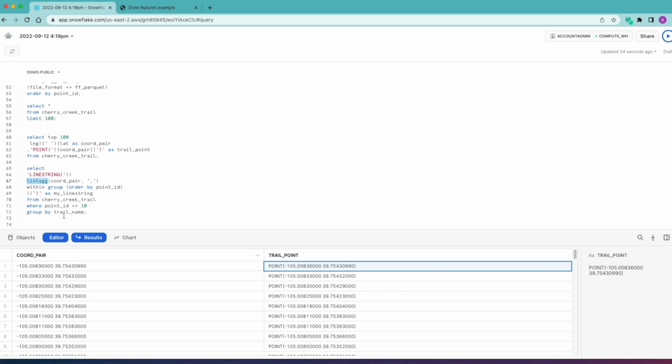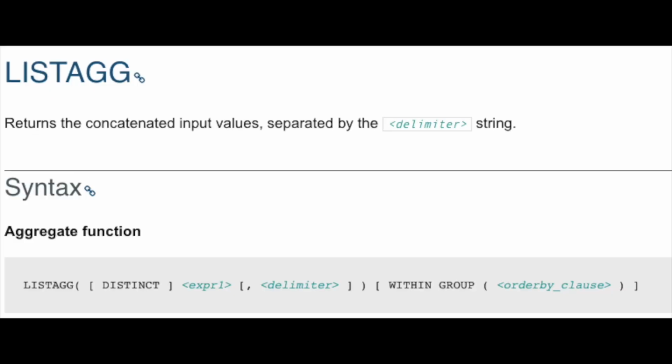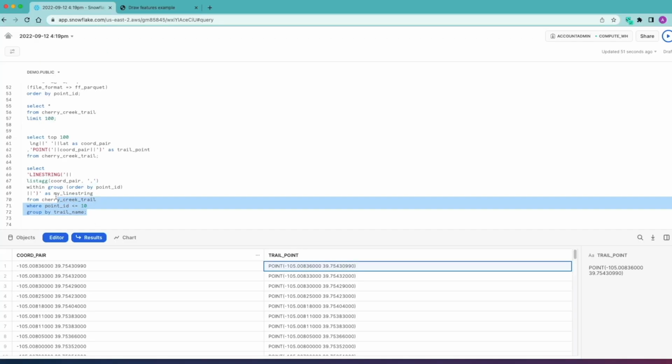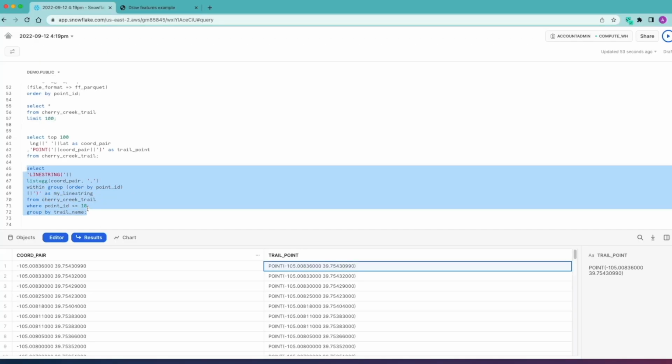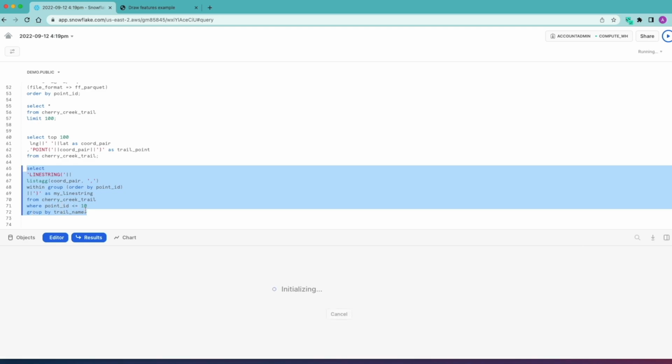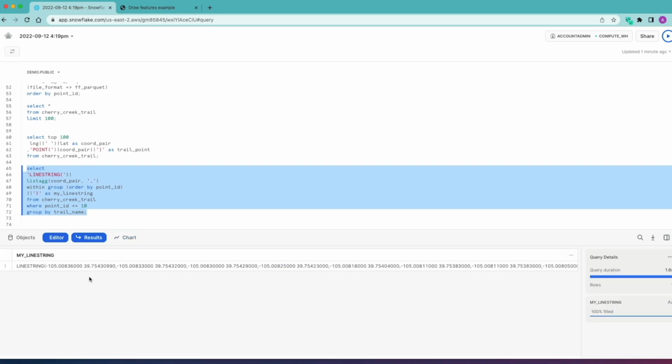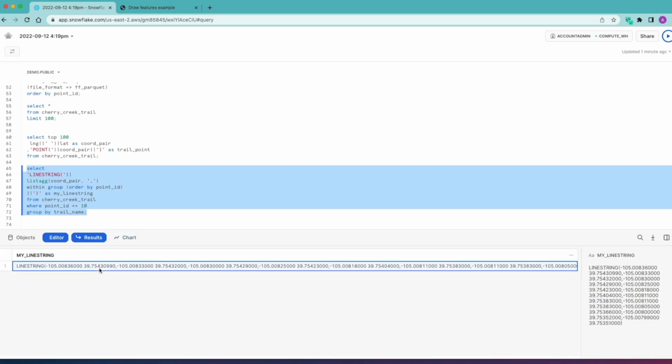Notice that we're adding this listagg function in Snowflake. It's an aggregate function, and it returns the concatenated input values separated by whatever delimiter we give it. In this case, it's a comma. Let's execute that. Notice I've limited it to 10 records by specifying a where clause that relates to the point ID, just so we can check that it works properly. So here we go then. We've got our line string,